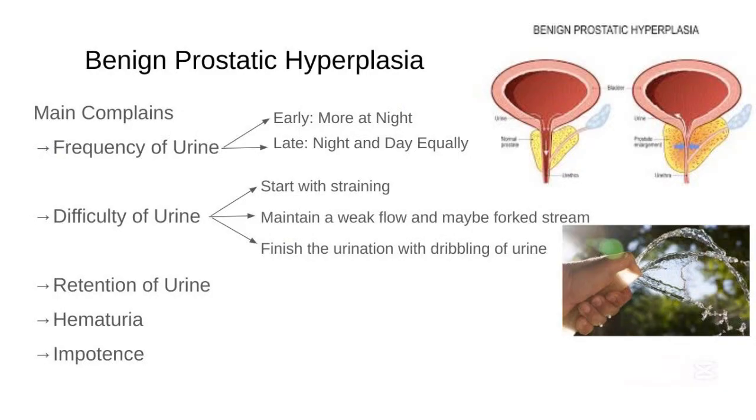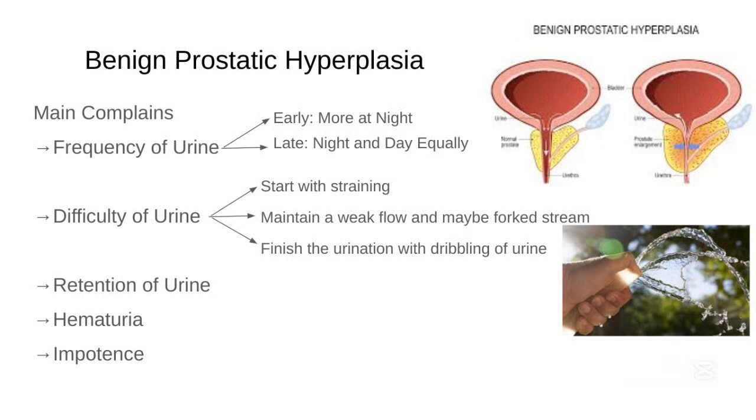Benign prostatic hyperplasia, or BPH, is a non-cancerous enlargement of the prostate gland that occurs with age. It affects up to 50% of men by the age of 50 and up to 80% of men by the age of 80. BPH is characterized by hyperplasia of the prostate stromal and epithelial cells, resulting in gland enlargement and subsequent compression of the urethra.